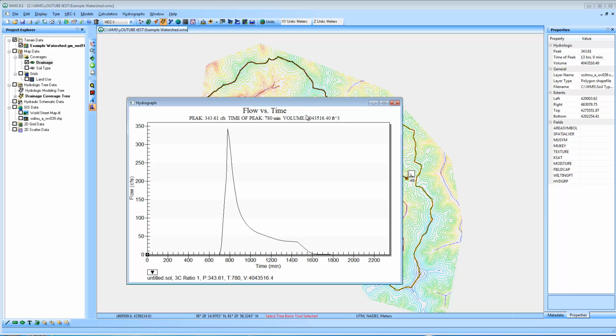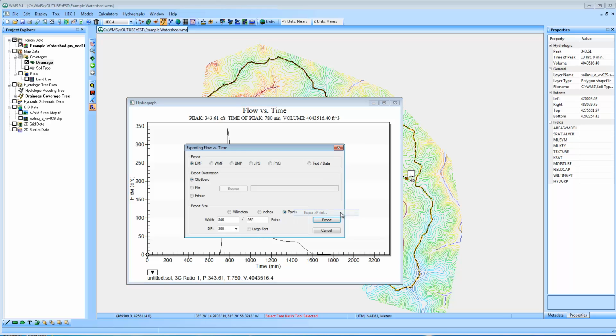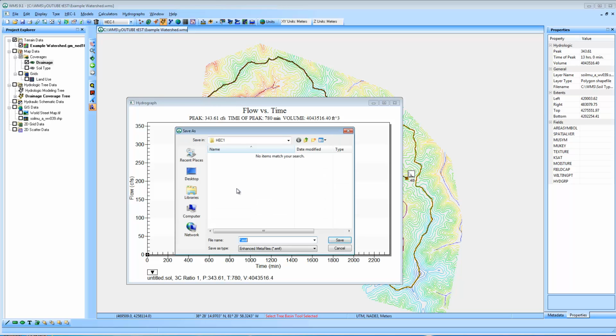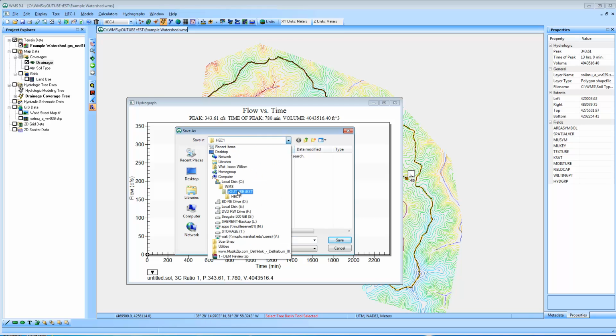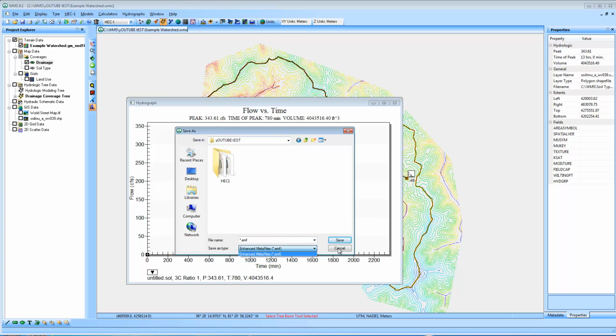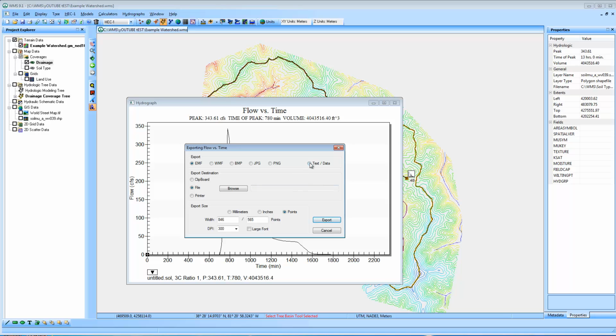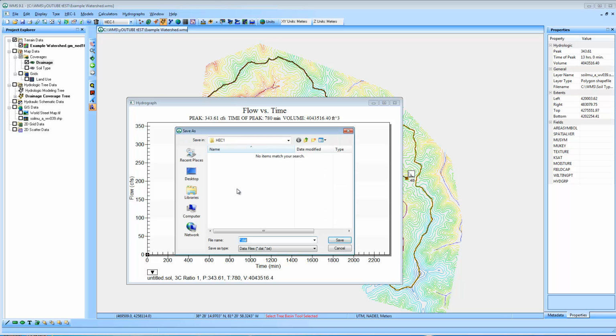If I wanted to have an Excel data file of this, I can right-click and say export/print, and I don't want to export an image of it. What I would like to have is a file, and I'm going to browse to where the file is. It's not an image that I want. I want the text or data. So I'll browse to the file location and call it